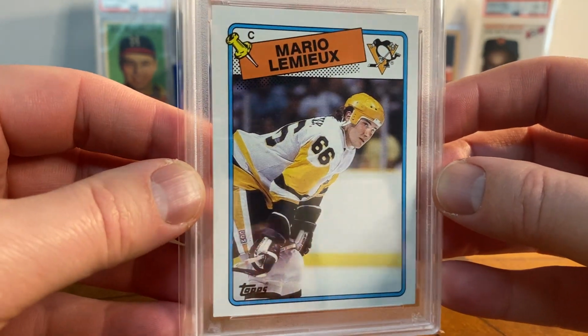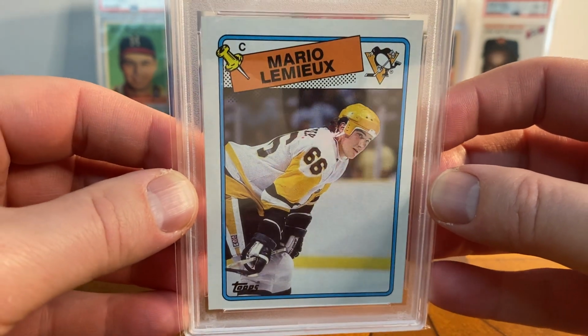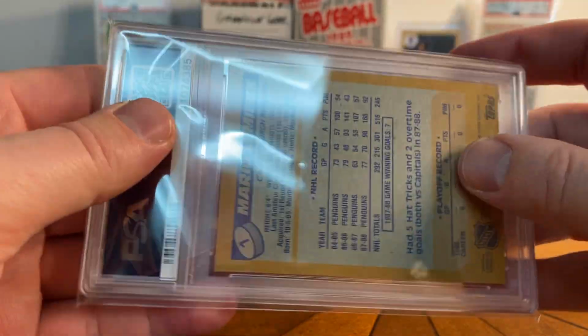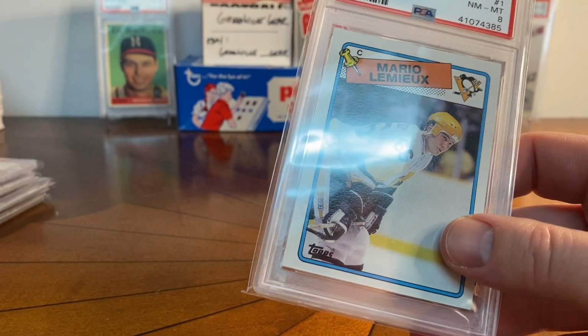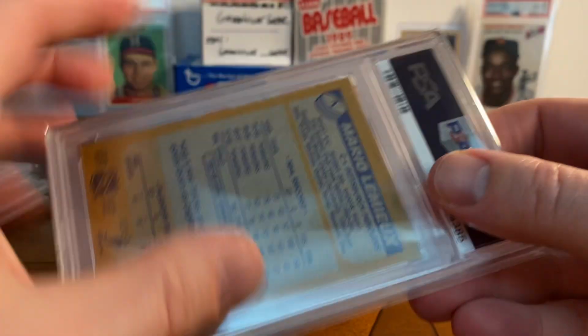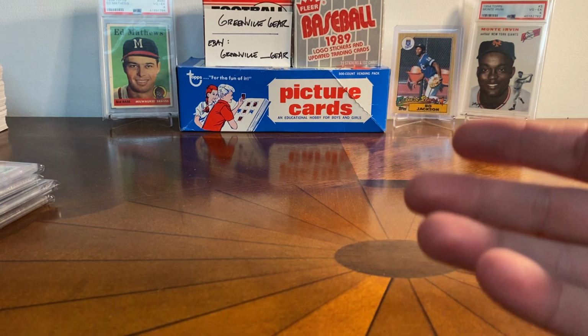This looks really nicely centered. Just love this card, and so it has cracked my top 10 for the year. And again, not an expensive card, but I would rate it as one of my top 10 pickups of the year. And this was just a fun list to go back through and look through my cards